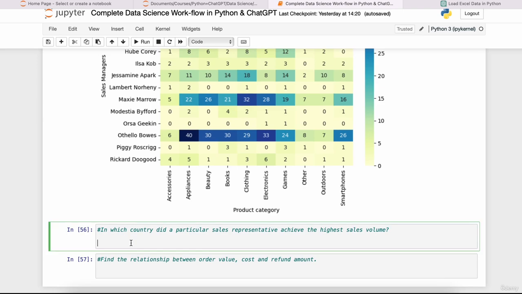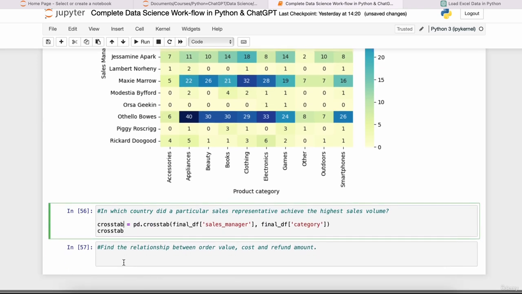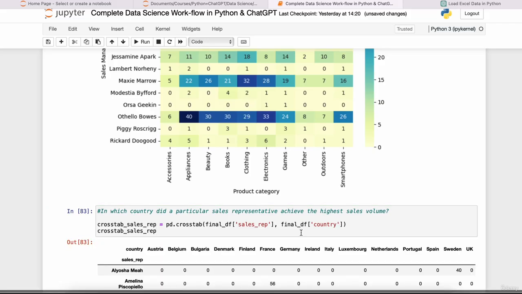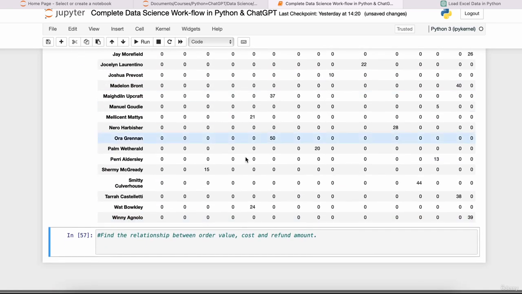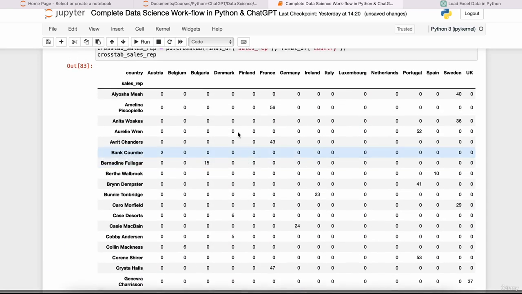At first, to create the cross tabulation, I will rename it to crosstab_sales_rep, and I will replace this by the sales_rep cross tabulation. We have to change our categorical variable name to sales representative, and here we want to see the country, right? The performance of sales representative by country. So we defined it by country. Now if we run the code, here you can see a very huge cross tabulation,